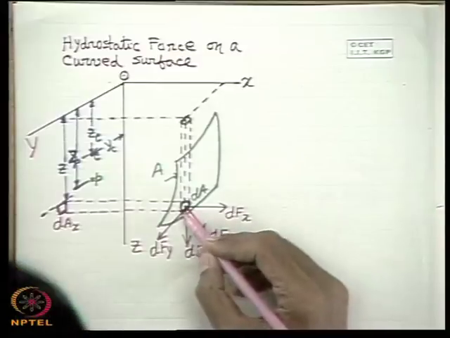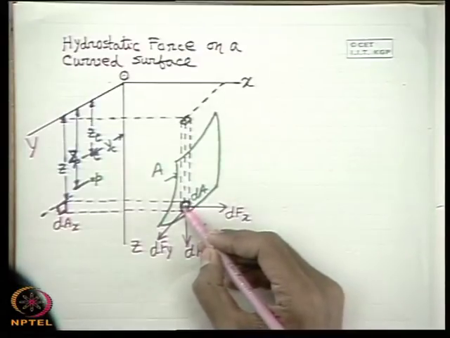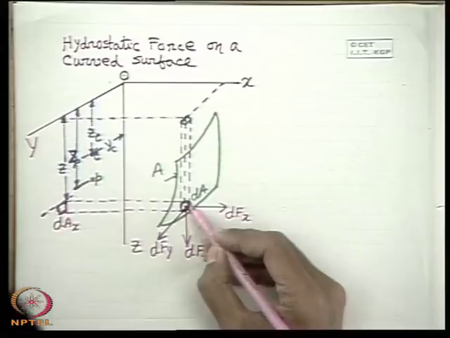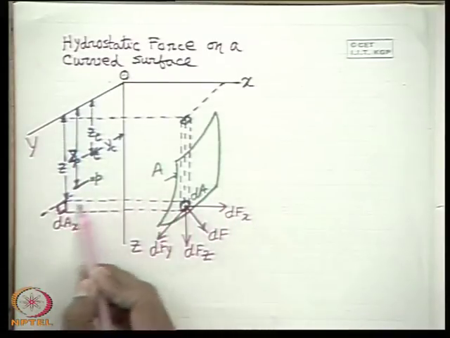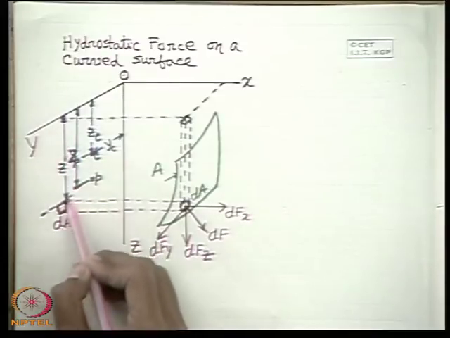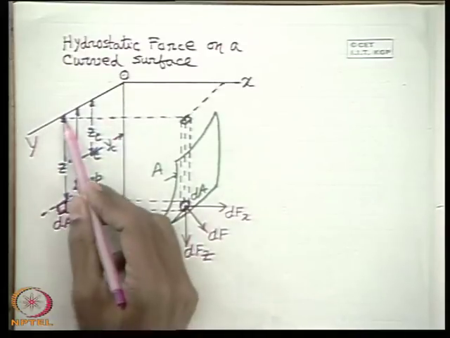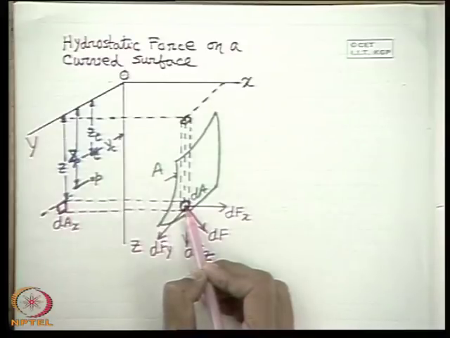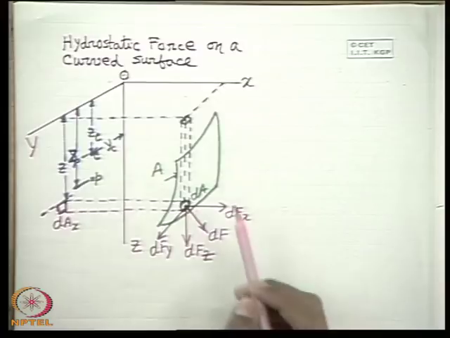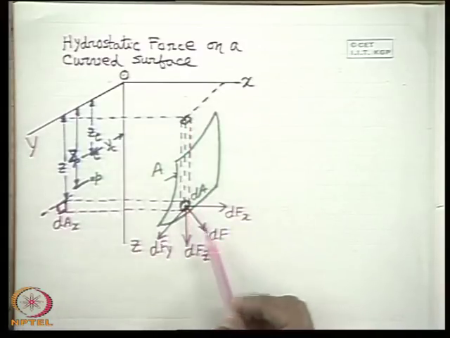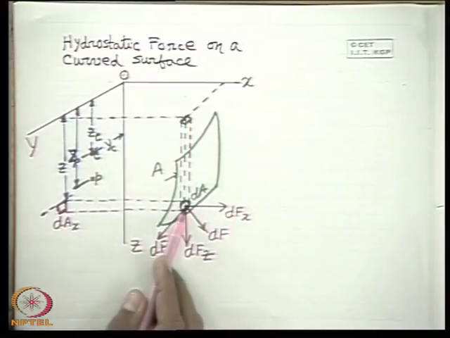It is as simple as this from elementary mechanics. Now we concentrate here. To do that, we recognize an elemental area dA which is at a vertical depth z. We just project this area here, and this is shown here, that is the z in the yz plane. So z represents the vertical height or depression from the free surface of this area dA. Now you see the hydrostatic force due to pressure is acting on this surface.